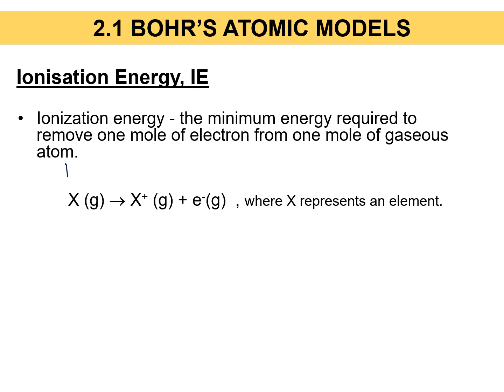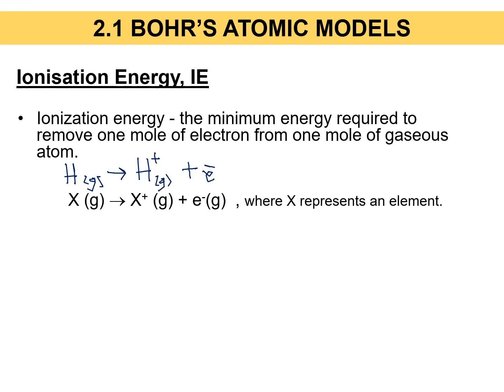So if let's say you ada hydrogen atom in gas phase. Okay. So bila you buat ionization energy, maknanya daripada hydrogen atom in gaseous phase, dia akan remove 1 electron from 1 mole of gaseous atom. Maknanya terjadilah H+